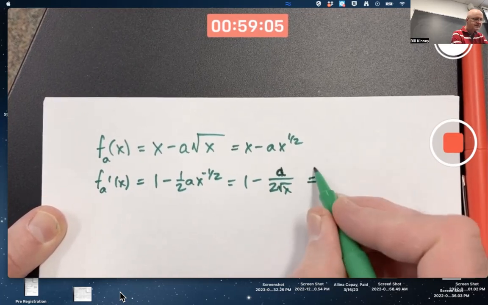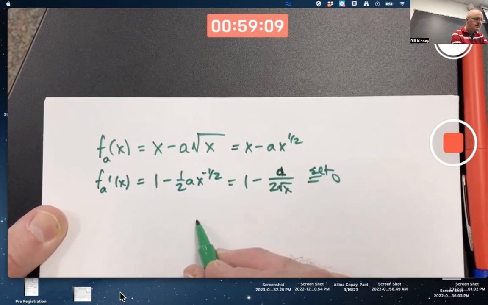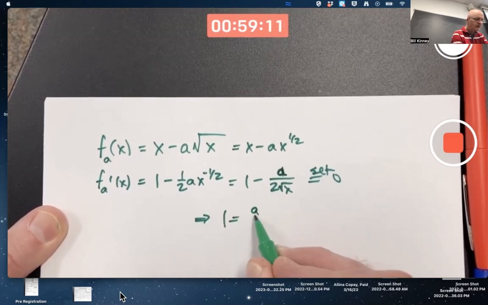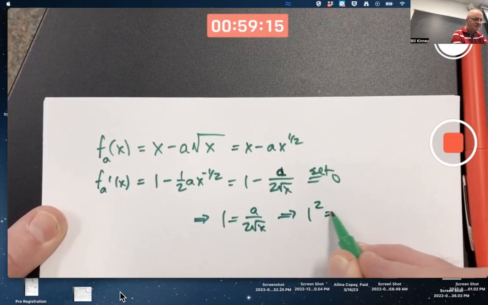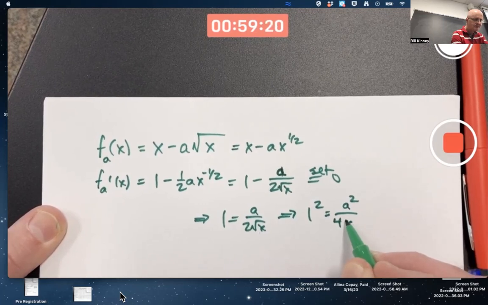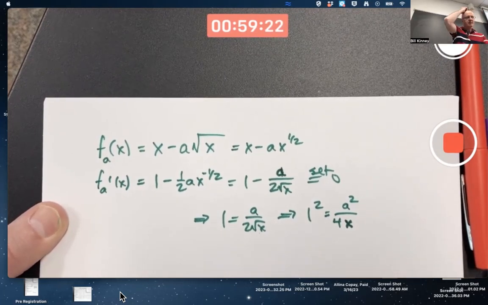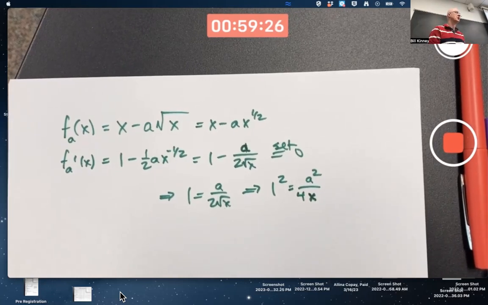If I set this equal to 0, I can try to solve for x. I get 1 equals a over 2 square root of x. I can square both sides. By the way, I should have done this in the previous problem, but I didn't. When you square both sides of an equation and still solve after that point, you really should check to make sure